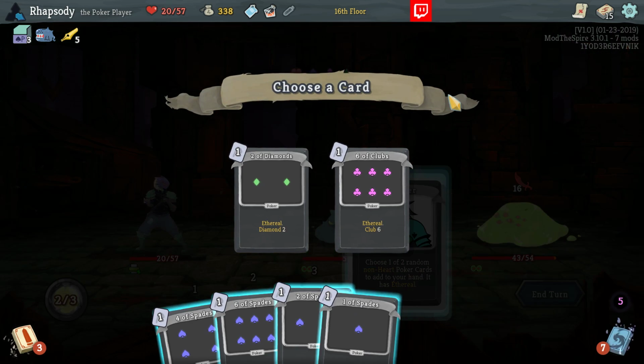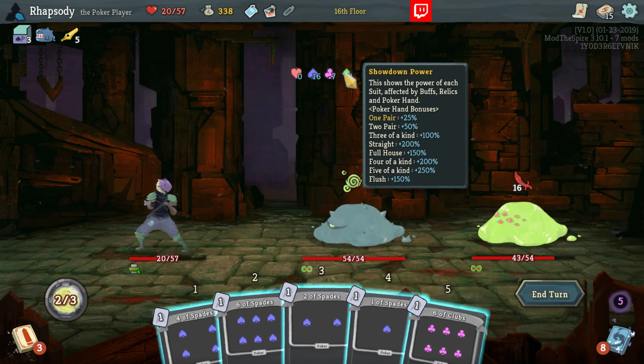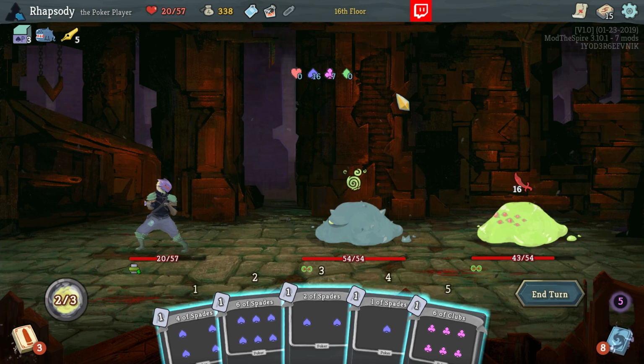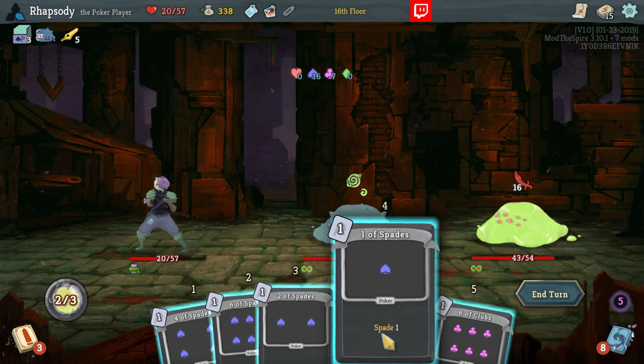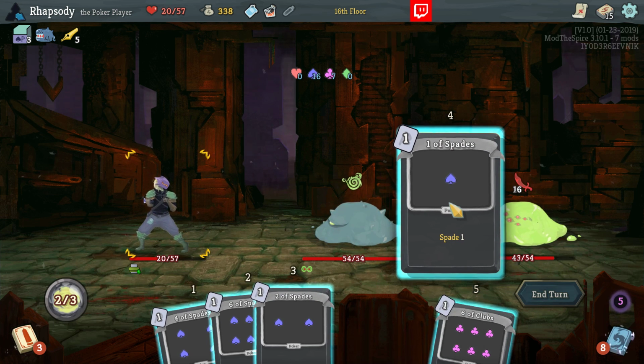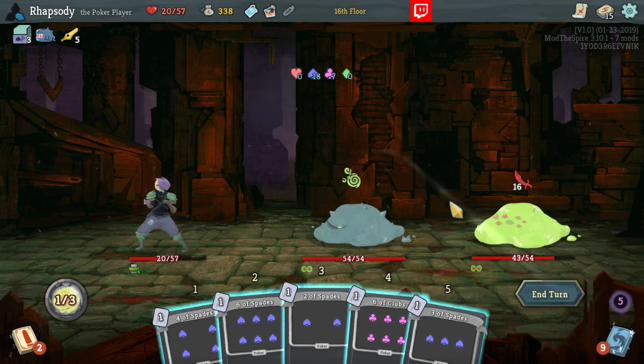Spade? No. Damn. If we got another spade there, we could have had a flush, but it wouldn't have really done much. I think we'll throw this one a spade, so if we take 1 damage, that's fine, but ideally we end up with another pairing of something. Oh,